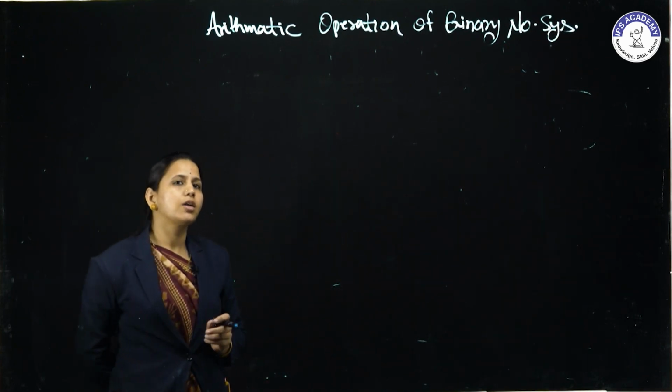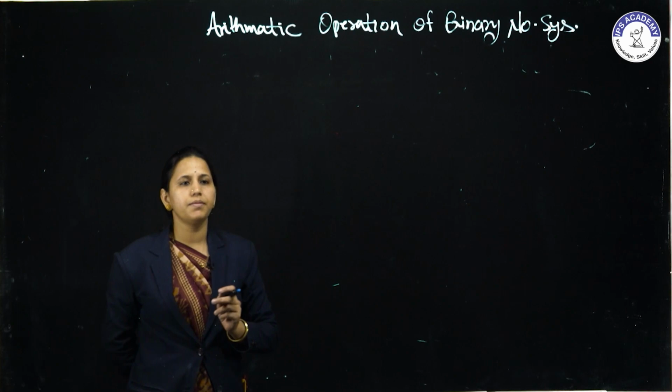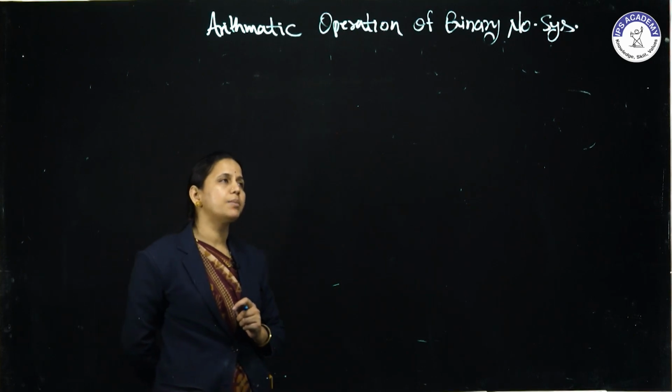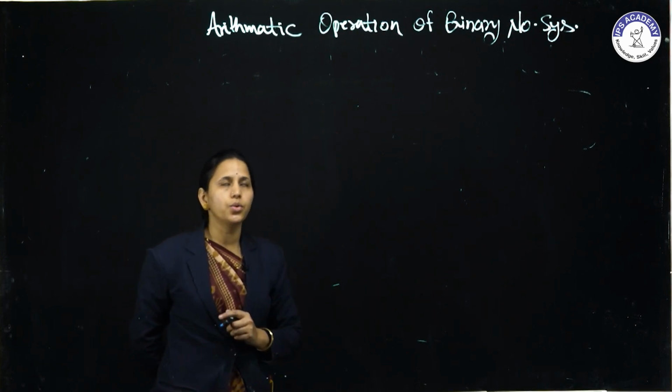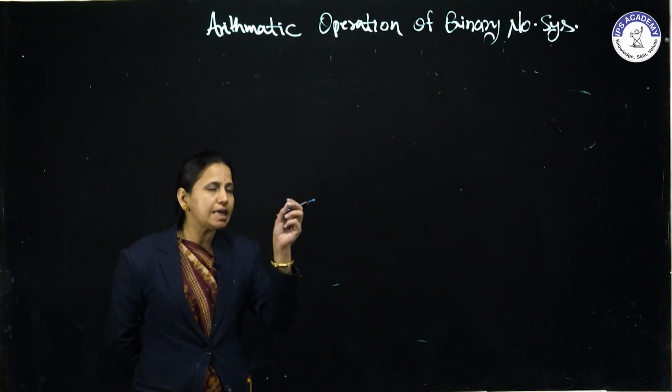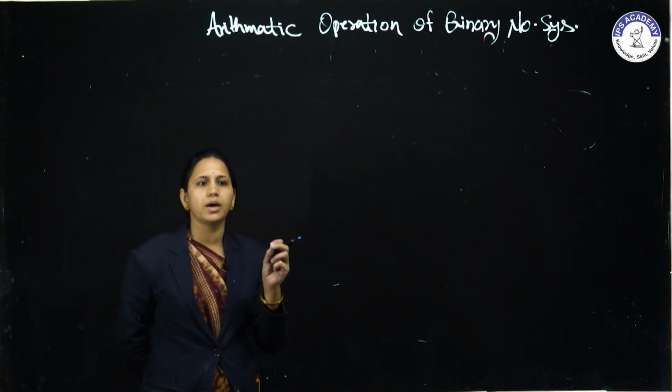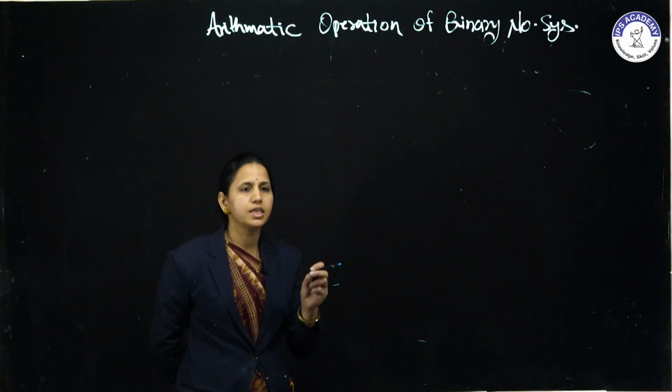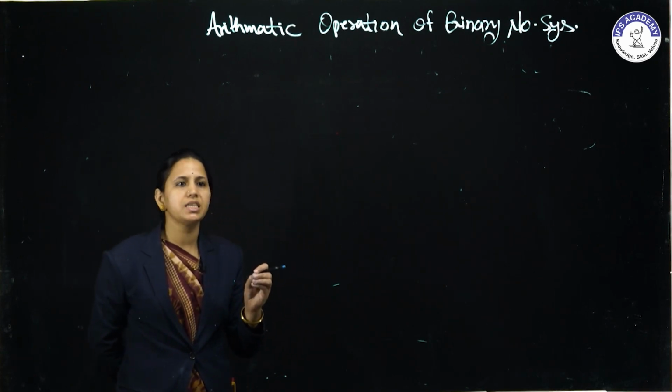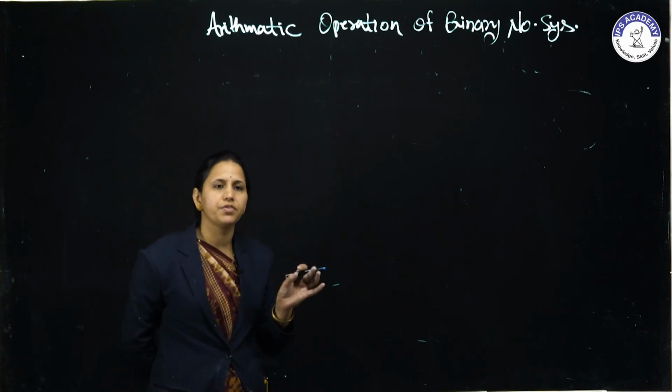As we know, there are only two numbers in the binary, 1 and 0. So, the base of the binary number system is 2. 2 indicates that this number system has only two numbers, 1 and 0. With the combination of 1 and 0, we can make any type of number.